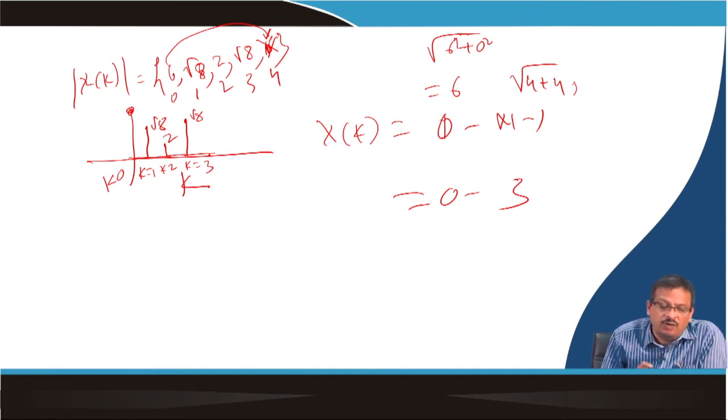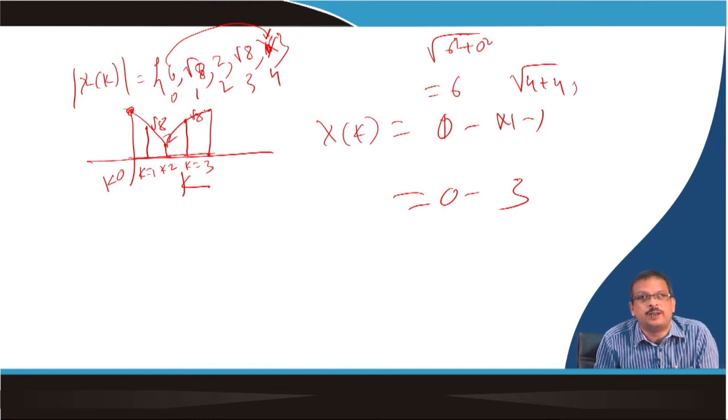Understand? Now I will explain DFT symmetry later on in the properties of DFT. DFT has a symmetry property. You can see the 6 is coming back. So I can say it is a symmetry property, N by 2 symmetry. That I will come to later when we talk about the properties of DFT. That way you can calculate the DFT and see what you are seeing.